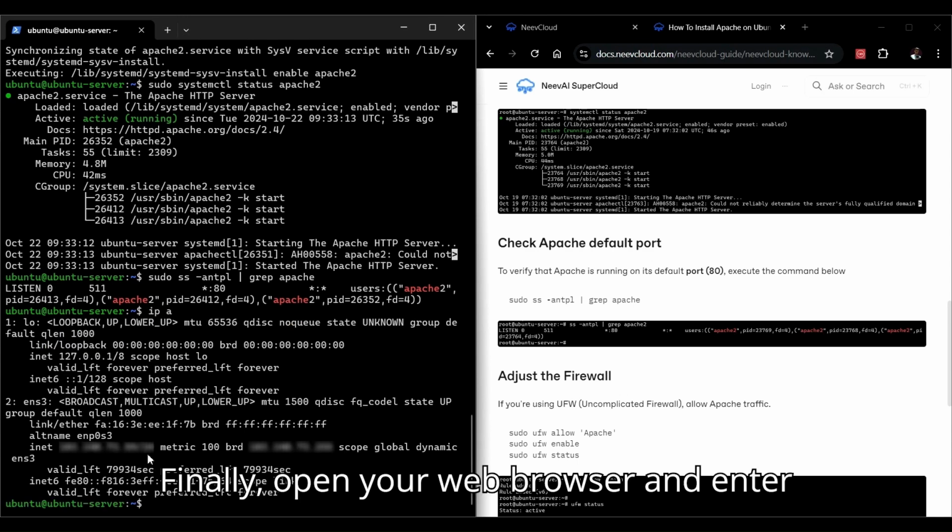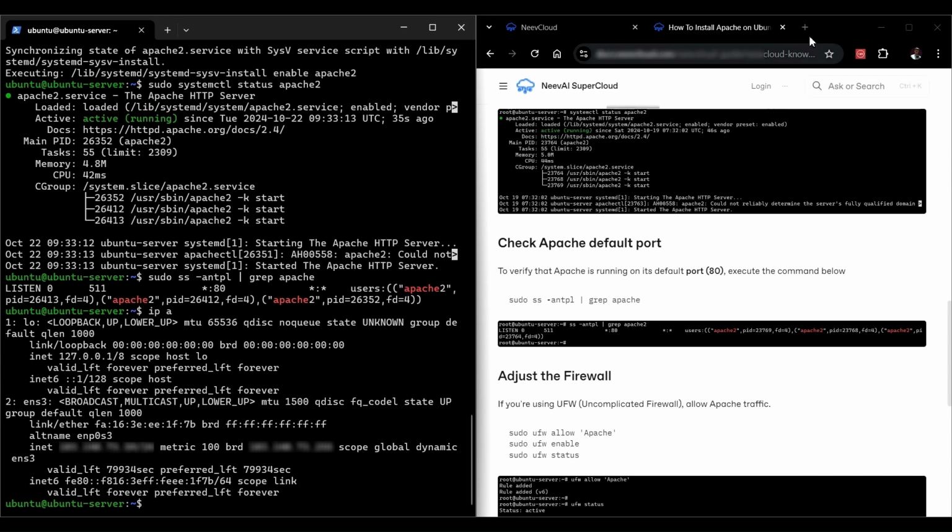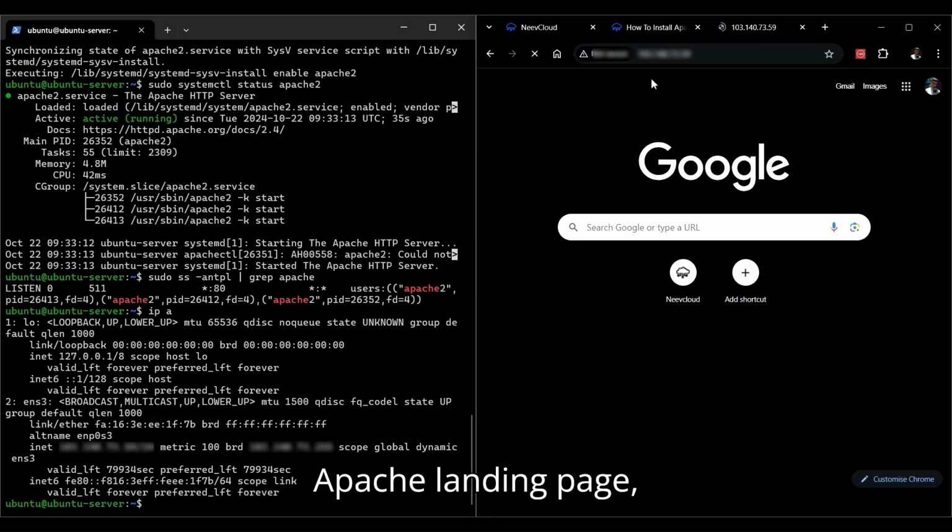Finally, open your web browser and enter the IP address of your instance. Default Apache landing page,